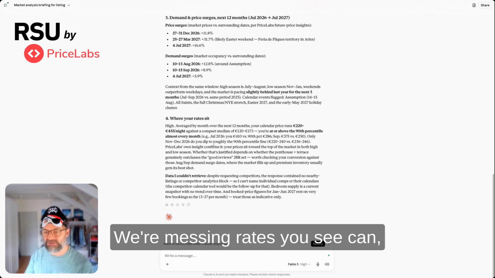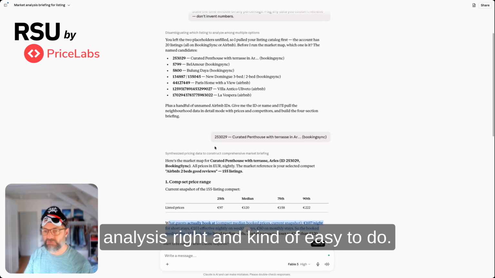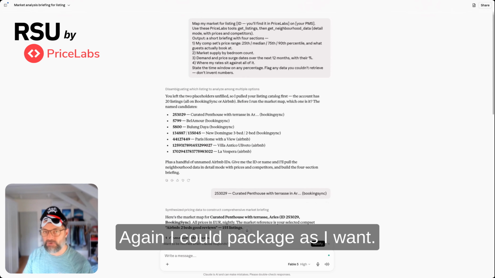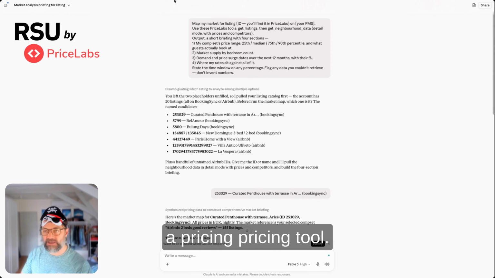Market is pacing. Where am I sitting, rates? You can see it's pretty good as analysis, right? And kind of easy to do. Again, I could package it as I want. Last thing I wanted to show is the thing we started with. Remember, we took a recipe to start building